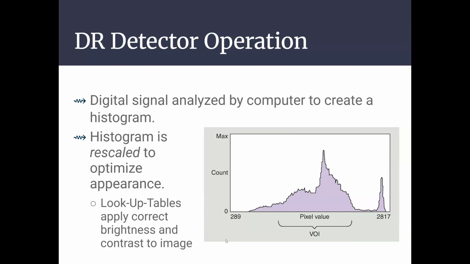A histogram is rescaled to optimize its appearance because we want it to look a certain way. It's going to go, okay, this is the exact representation of the data I got, but I also know that I need it to look a certain way to make it diagnostic, and it's going to adjust that based on each one. So there's going to be a little algorithm saved in the computer for each type. So if you tell it this is meant to be an abdomen, this is meant to be a chest, this is meant to be a knee, it's going to make an adjustment to make it look closer to the